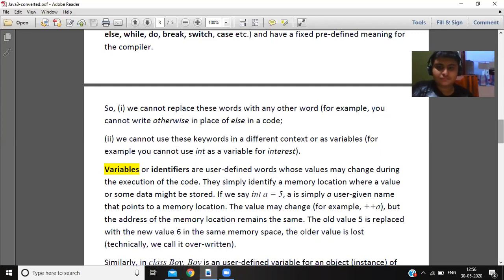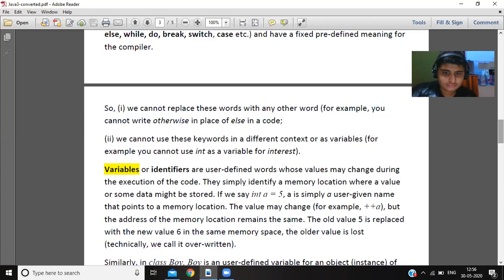Then variables or identifiers are user-defined words. You are defining them. What I'm calling A, you can call X. What you are calling X, someone else will call Y. So these are user defined, whose values may change during the execution of the code. When you write A equal to 5, then A plus plus, A becomes 6.